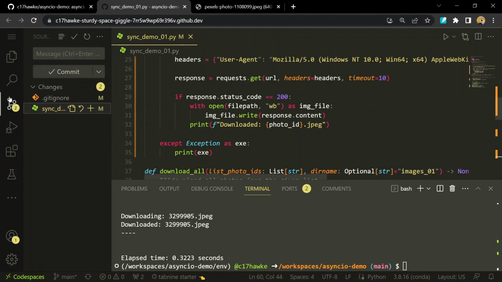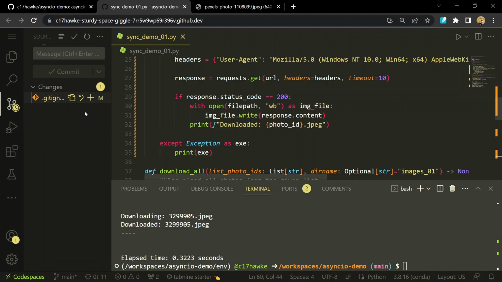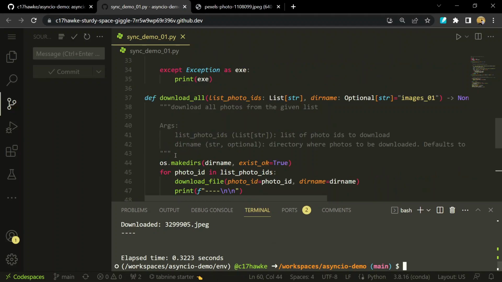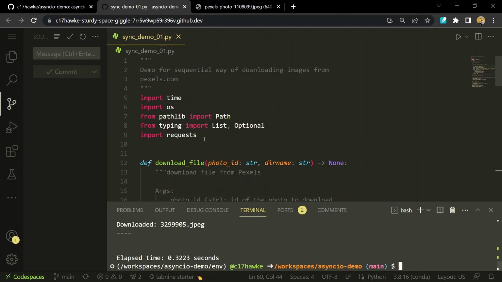Okay, so now let's commit the changes. We will say sync demo complete. Let's add this file first, and then we will add the images directory to ignored, commit the changes, and sync the changes. So this was a very basic demo of the synchronous way of downloading, or sequential way of downloading the images, right? So now let's do some minimal changes to this one and make it